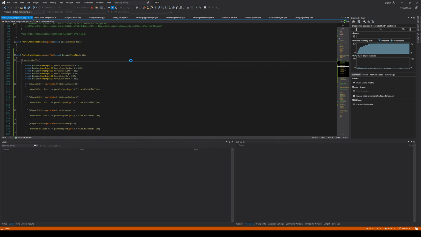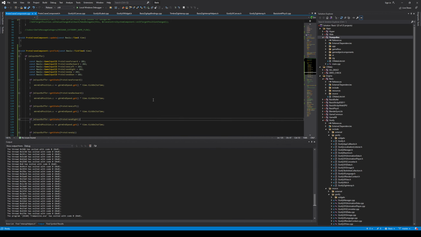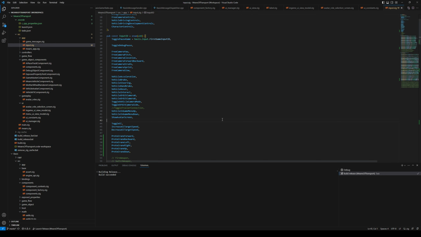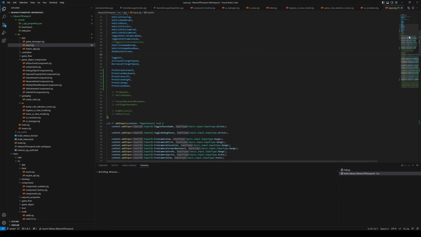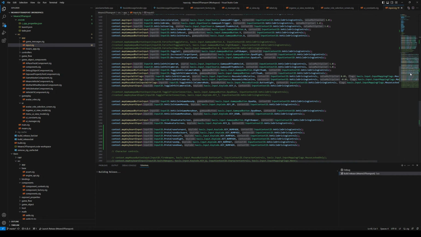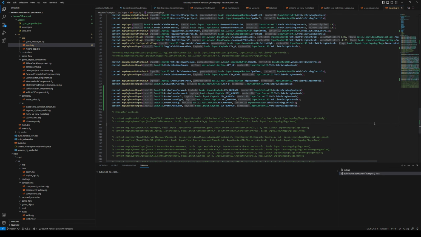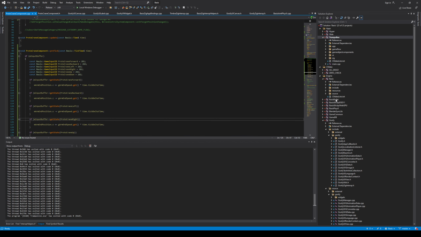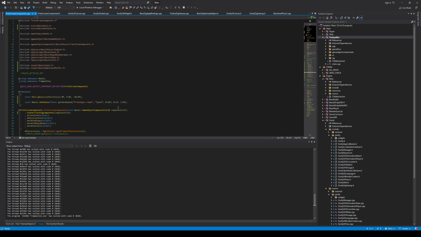Oh, I can't do that yet. One second. I need to build this first, because we added these things here and we need them to be mapped to the correct things. While we're at it, maybe I'll make this a little